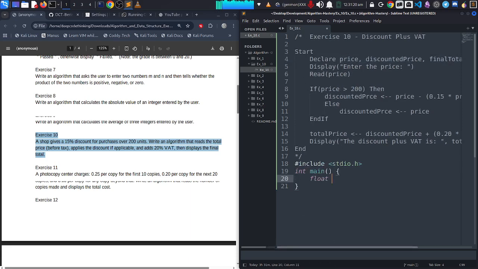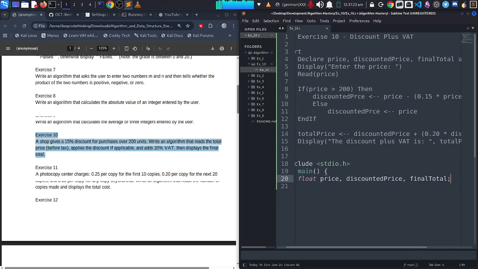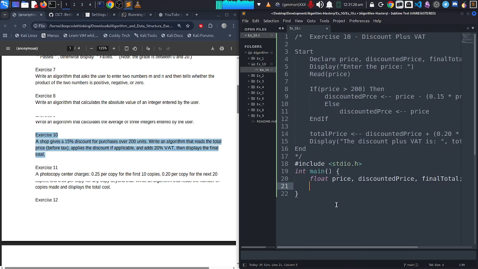So I'll name them here, Ctrl V, then semicolon. Okay, now next, let me display printf. I'm going to say enter total, or let me say enter price before tax, right? Because they say here that before tax, that's